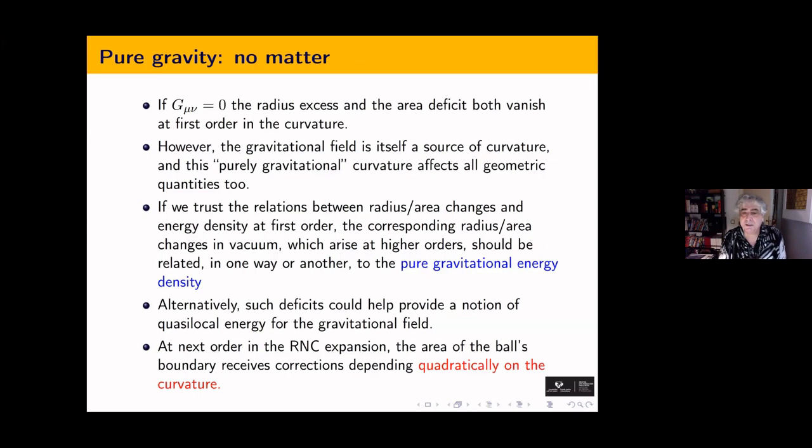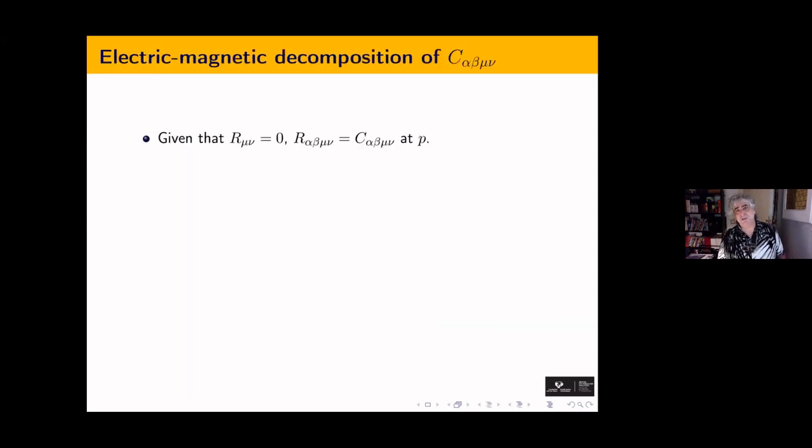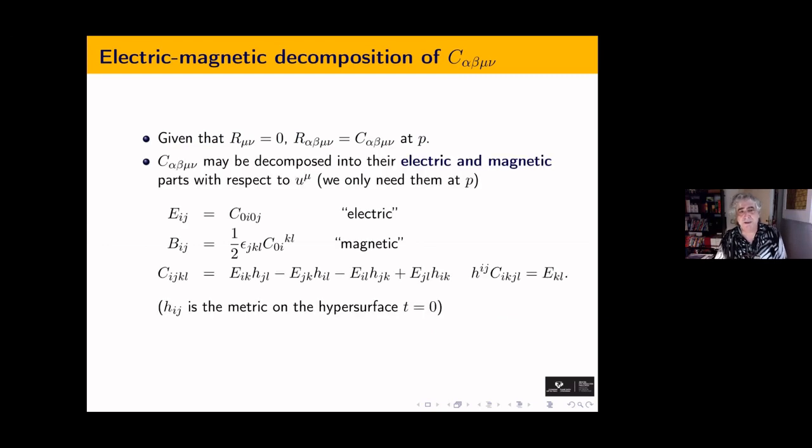And I am telling you already that we are going to get some terms which are quadratic in the curvature. Now, for that, I'm going to need the electric and magnetic parts of the curvature. This is well known to most of us, I guess. Now, given that the Ricci tensor is 0, we know that the Riemann tensor is purely the Weyl tensor at the point P. And Weyl can be decomposed, given that we have the time-like unit vector U, into its electric and magnetic parts. So this is the electric part, the 0i, 0j component. The magnetic part, with epsilon,